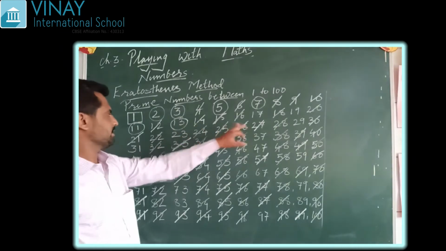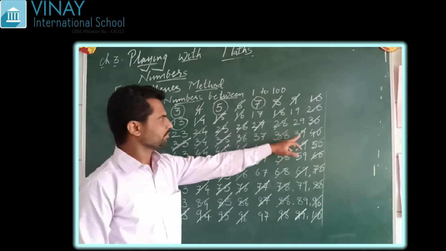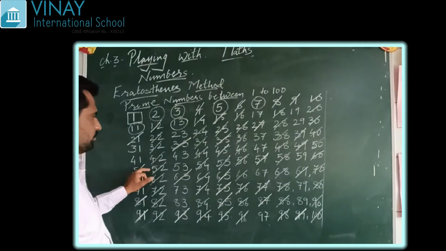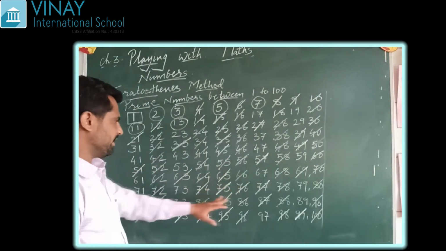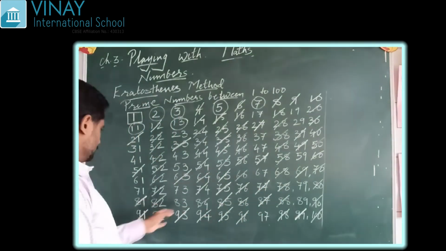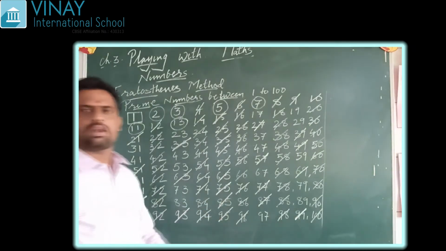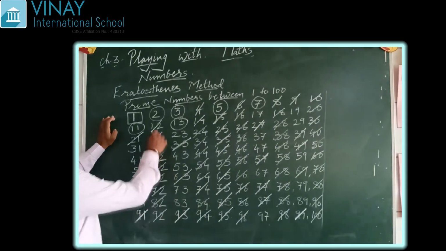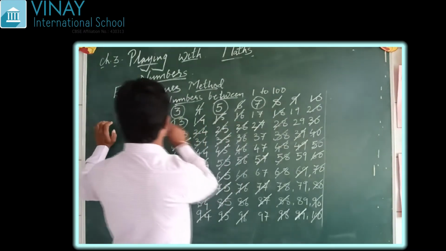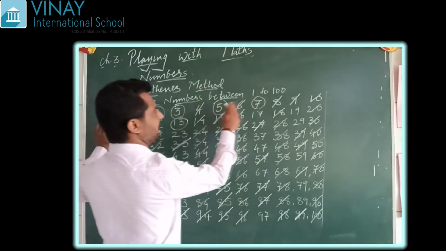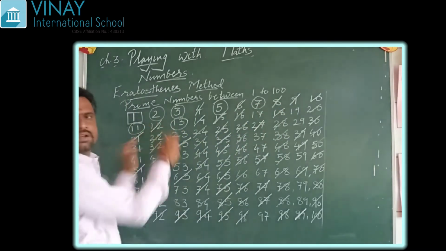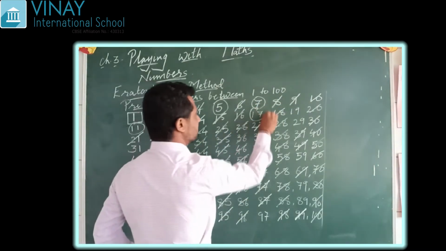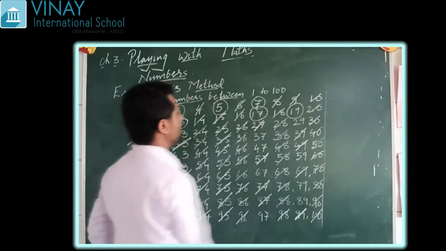13, 26, 39, then 52, 65, 78, 91 and all are cut. So now just see which are the remaining numbers and make a round around them. We find 2, 3, 5, 7, 11, 13, then 17, 19,